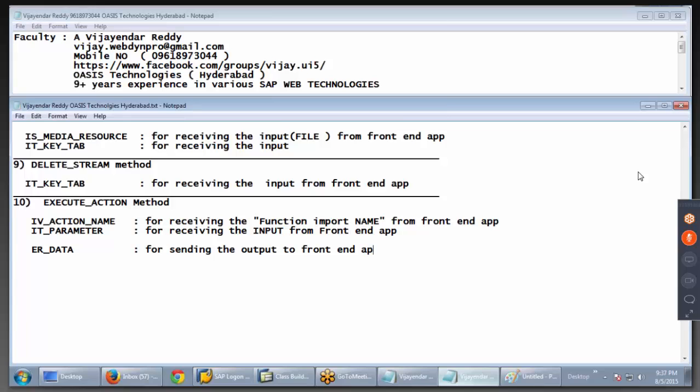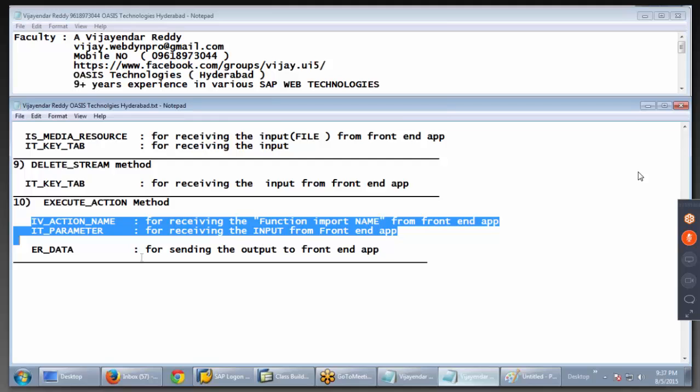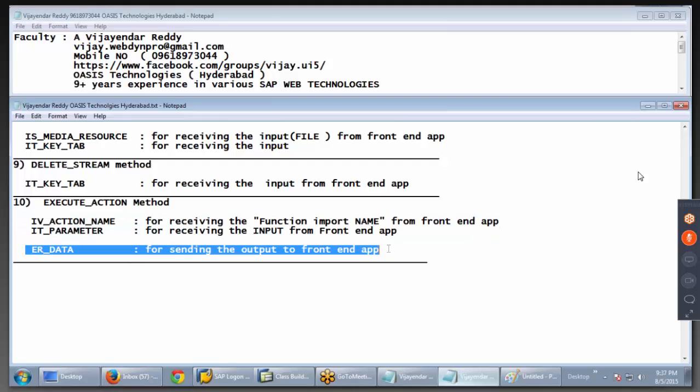It is for sending the output to front-end app. So this method is also important: execute action. First two are for receiving, the last one is for sending. How to use, how to test those things, we are going to do it in the coming classes practically. Don't worry. And there is one more